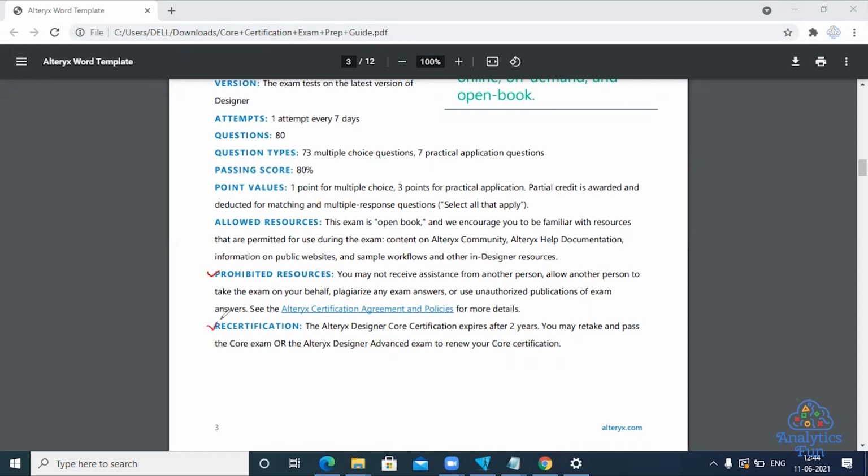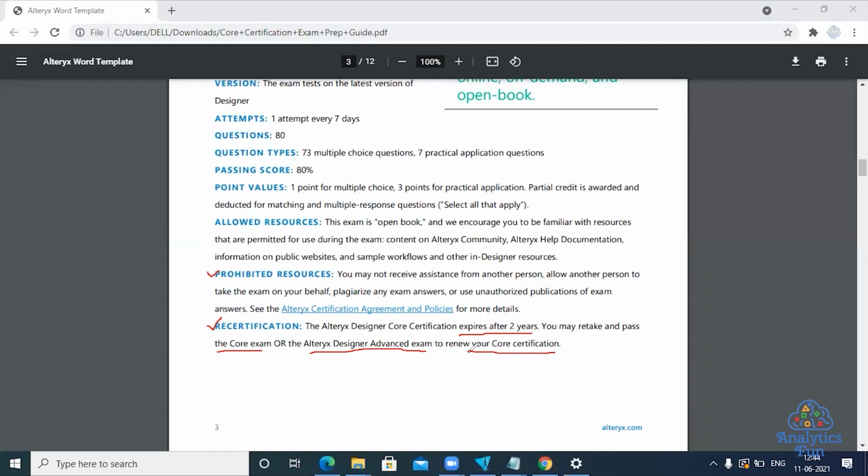Then recertification. Alteryx certification expires in 2 years. So after 2 years, you may want to retake and pass the core examination again or the advanced examination again to renew your core certification. So for example, if you have written core and advanced today on 11th June 2021, after 2 years, your certification will expire on 11th June 2023.